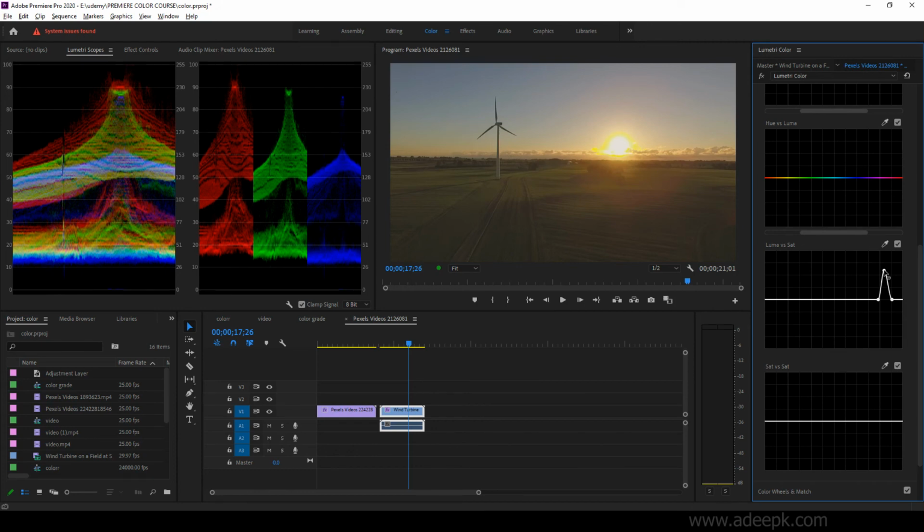Luma, as I mentioned earlier, is the brightness of an image. So you can bring this down or increase it for that sun here.